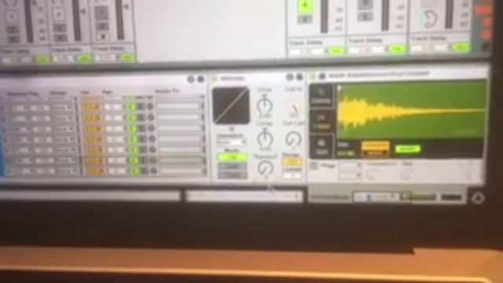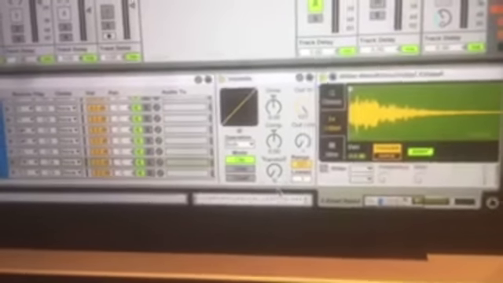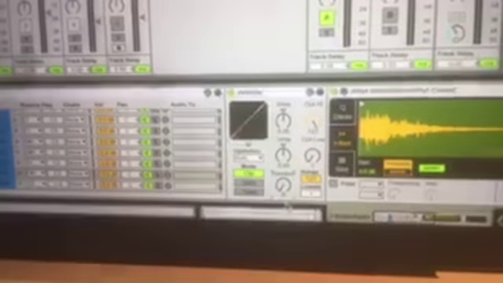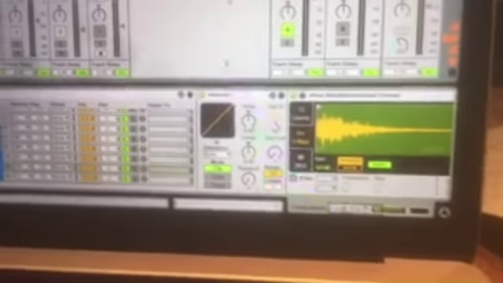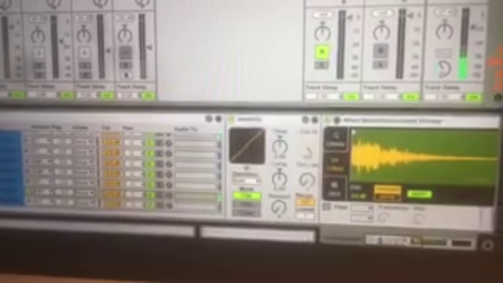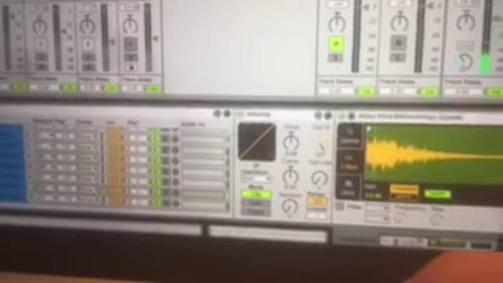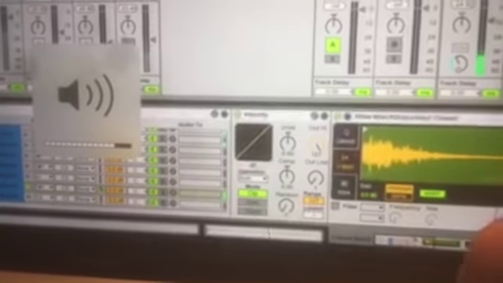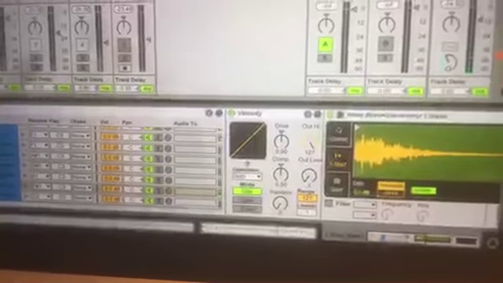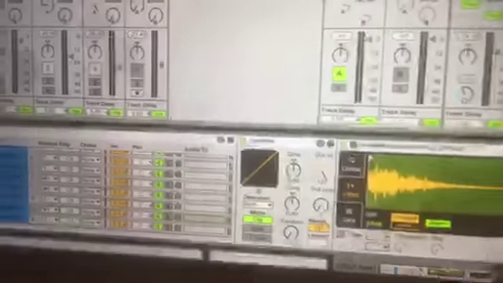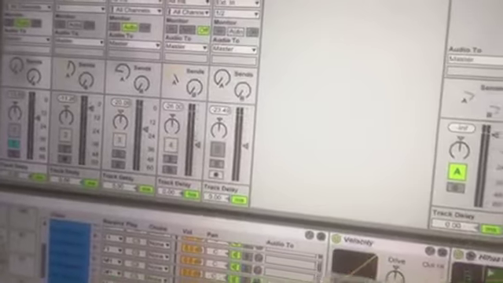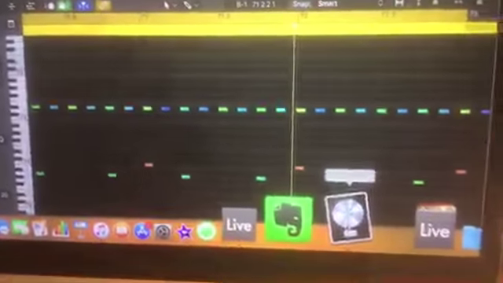Let's concentrate on one element, the hi-hat. Listen how it sounds. Velocity is the same every time. So I want to improve the quality of the drum, and my reference is one of my old